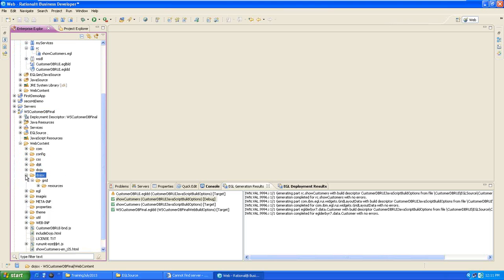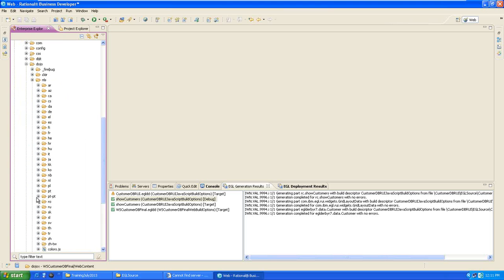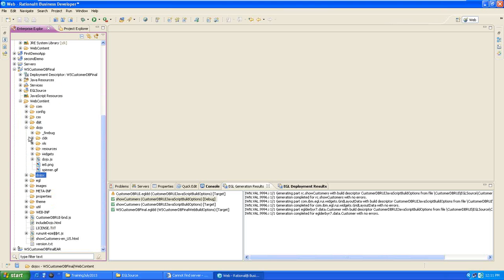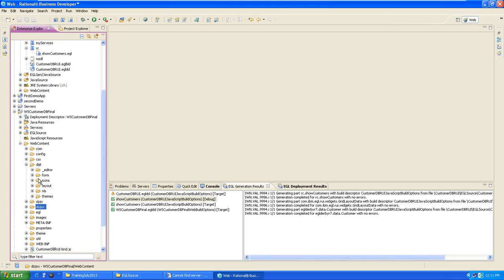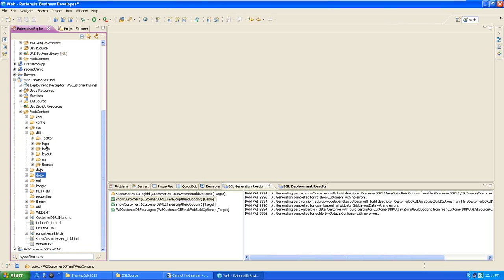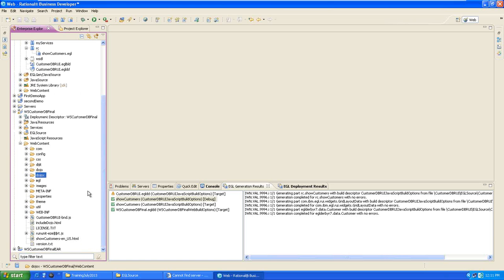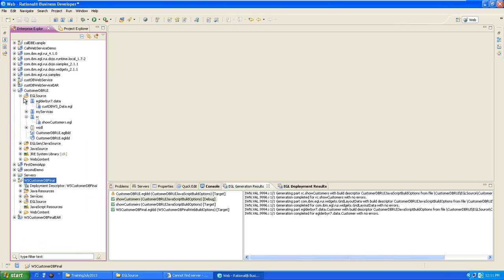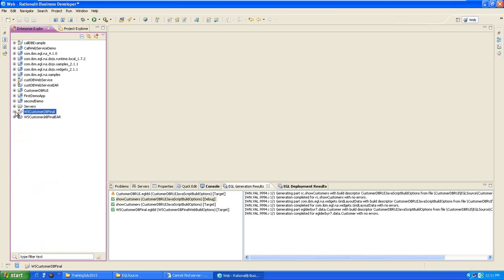There are so many unnecessary Dojo files generated, I mean the widgets that we are not using, but they are still generated. So definitely in your final deployment, you have to make sure that only your corresponding widgets are generated. Anyway, this is done. Now, one way is to just select your project that contains your generated code,